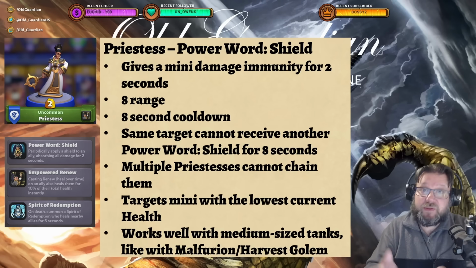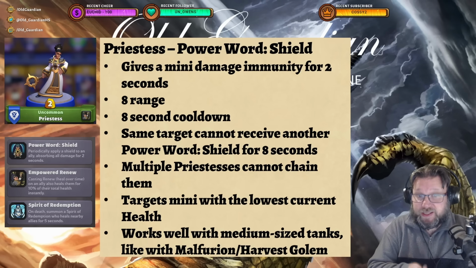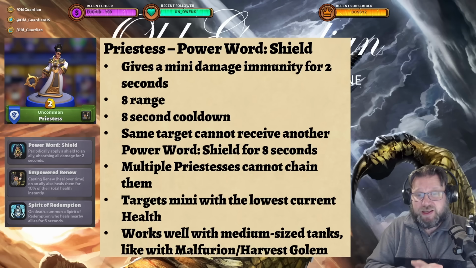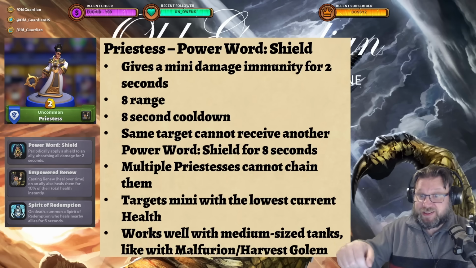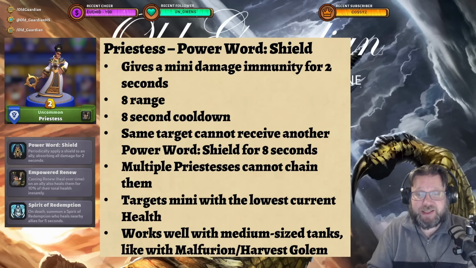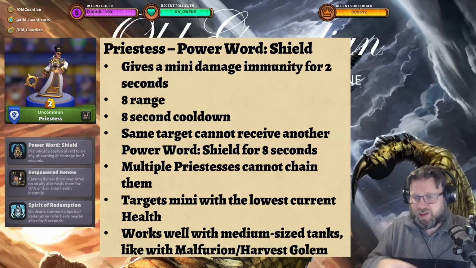It also debuffs the target with Weakened Soul for 8 seconds, which prevents another application of Powered Shield. So 8 second cooldown, 8 second debuff on the target, so you can't have multiple Priestesses chain Powered Shields on a target, because Powered Shield can only be cast on a single target every 8 seconds. This targets the mini with the lowest current health, so if you have a tank that's at low percentage but you have a small mini that's also at low percentage, well, the low percentage mini is more likely to get